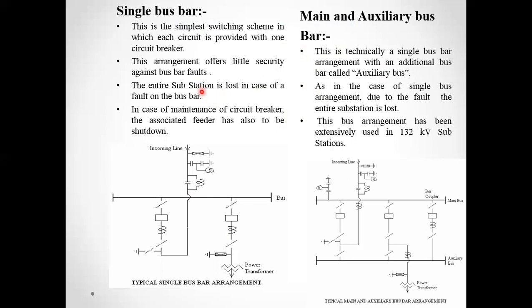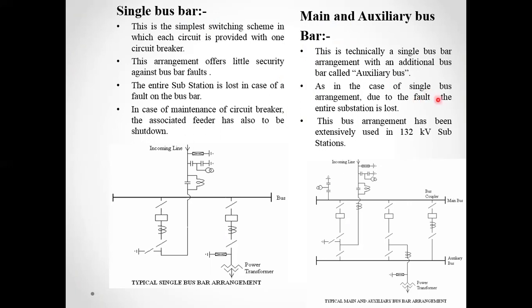To overcome the single bus bar scheme, we use the main and auxiliary bus bar. This is the same as the single bus bar arrangement with an additional bus bar called the auxiliary bus. Here, instead of only a single bus, we are using the auxiliary bus bar as well.